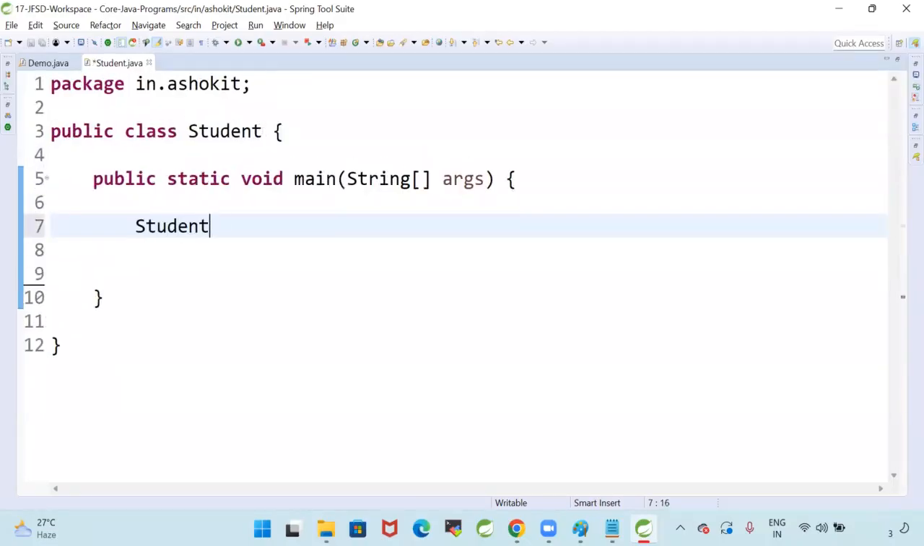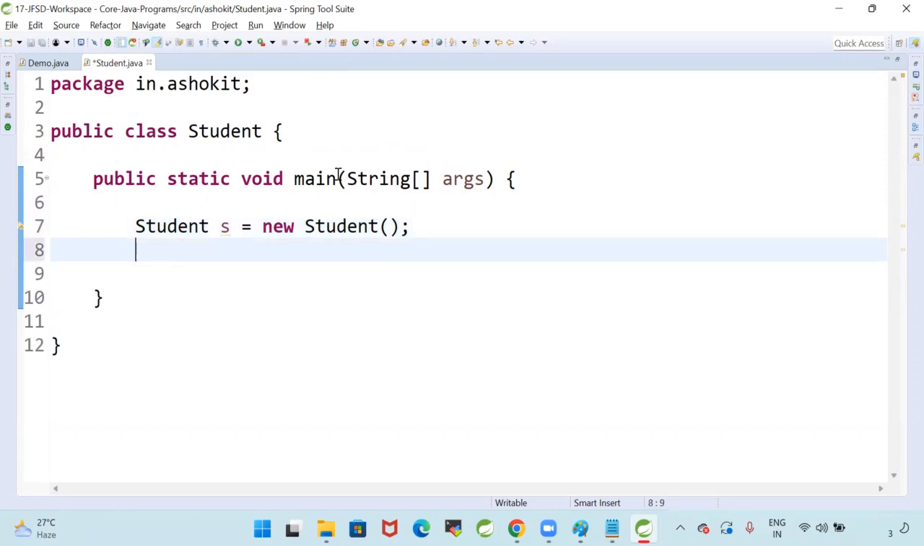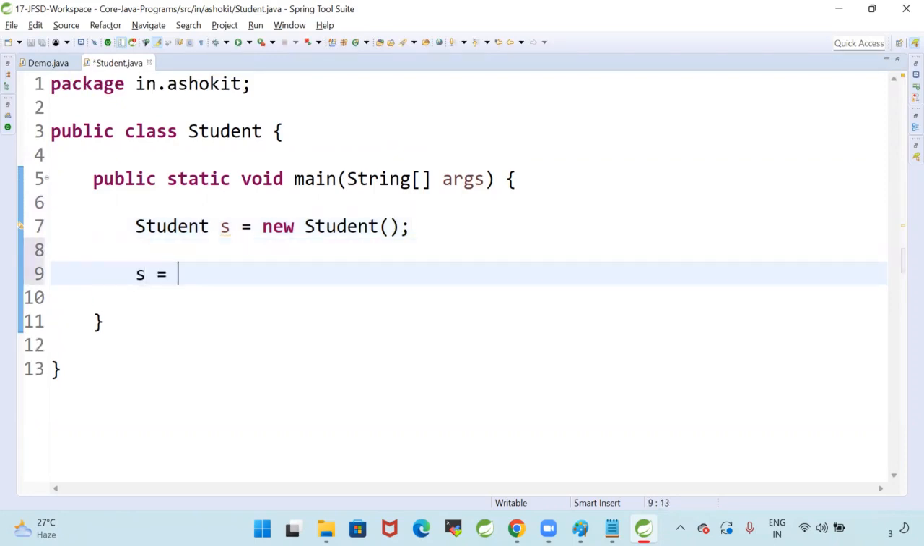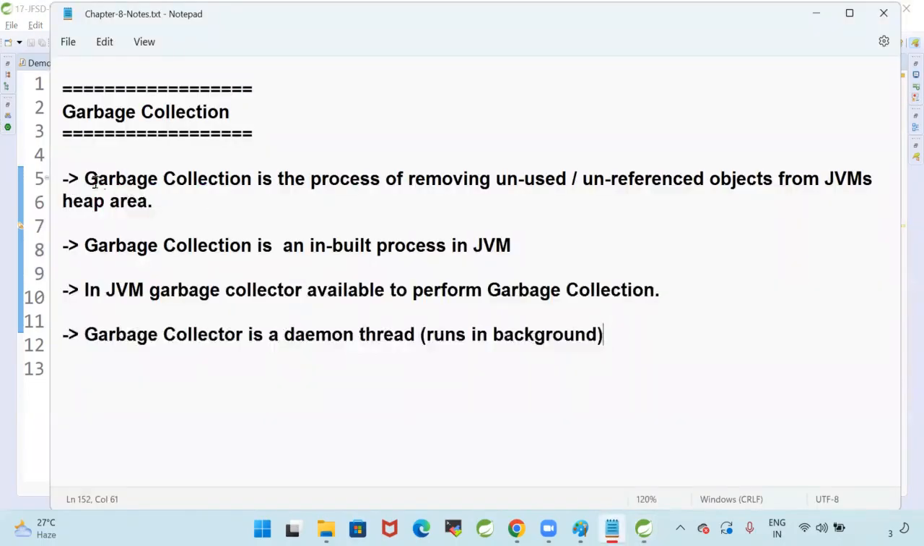Inside this, I'm creating object student s is equal to new student. Now here I am making s is equal to null. So now here I'm saying that garbage collection is the process of removing unused or unreferenced objects from the JVM